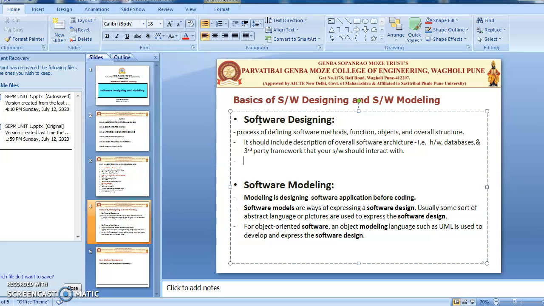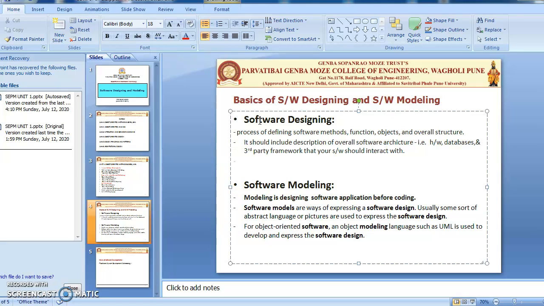As we have seen the different stages of the software process, that is your communication, your requirement analysis, your software designing or application designing, then your modeling, then your development, then testing and then deployment. So this subject will contain the third and fourth phases, that is software designing and software modeling.